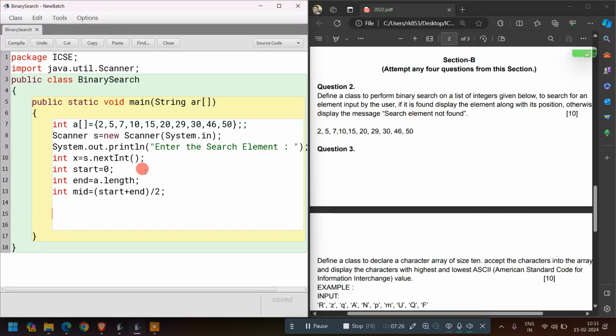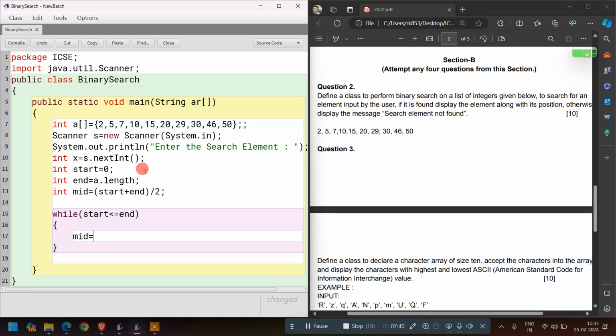Now while start is less than or equal to end, then middle is equal to the same logic we need to write, start plus end by 2, and then if a of middle element is equal to x,